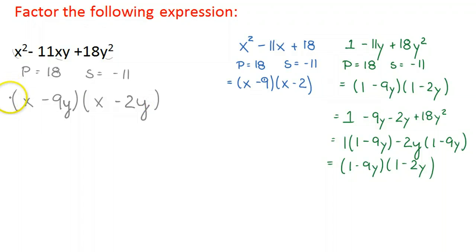So when we factor x squared minus 11xy plus 18y squared, if we see that we have a squared at the front and squared at the end, and we see we have both of them in the middle, that's the pattern we apply. Let's look at one that's slightly different. A squared, let's say plus 14ab